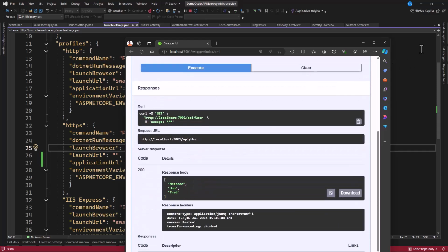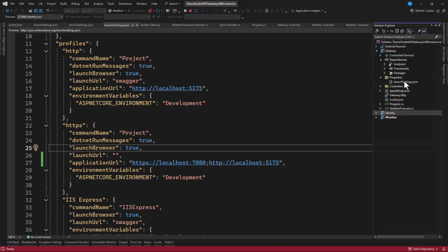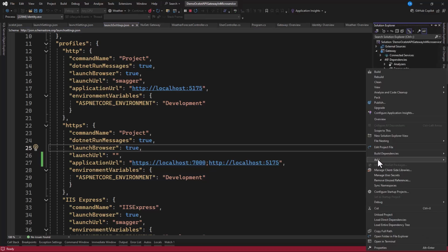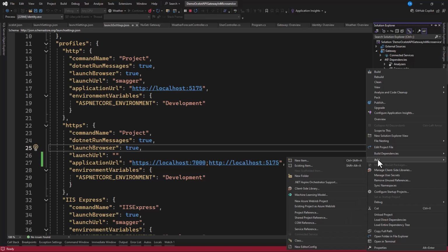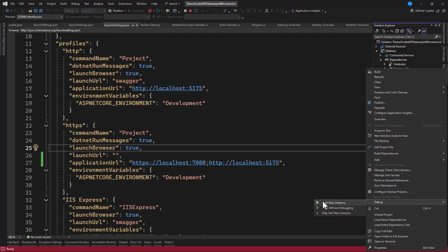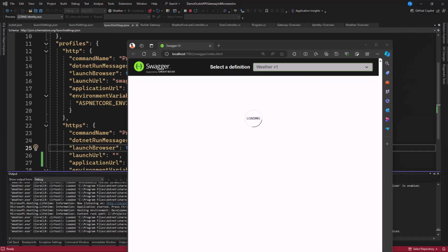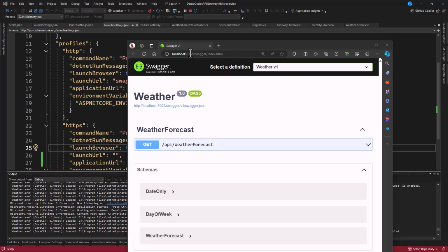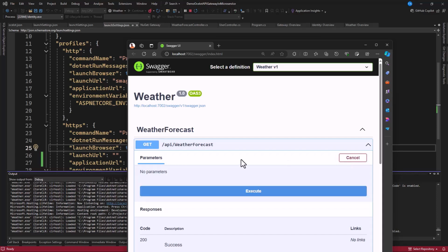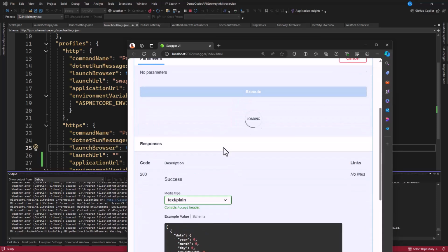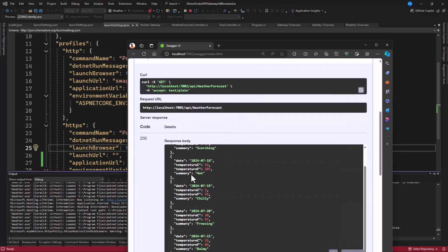Good. Now let's see from the other one as well, and that is the weather. So right click on this, let's also start, and we are expecting a port of 7002. Now debug, and now let's start new instance as well. Now this is almost ready, you see the 7002, good, so our ports are in line. And now let's try to get this, and well, we have the content here.